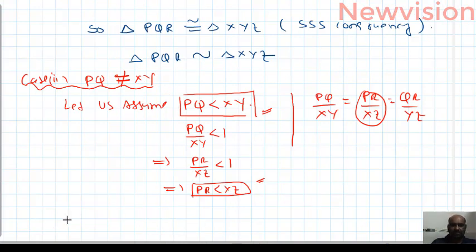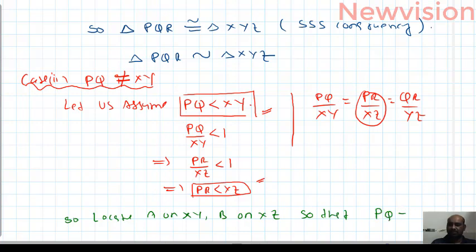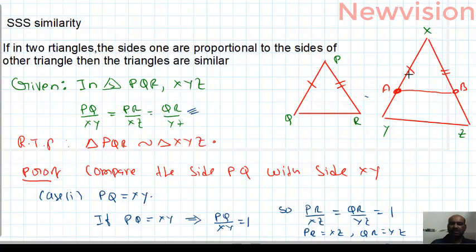So, locate A on XY, B on XZ, so that PQ equal to XA. Okay, next PR equal to XB. I want to cross check. XA, XB. Okay. From triangles,